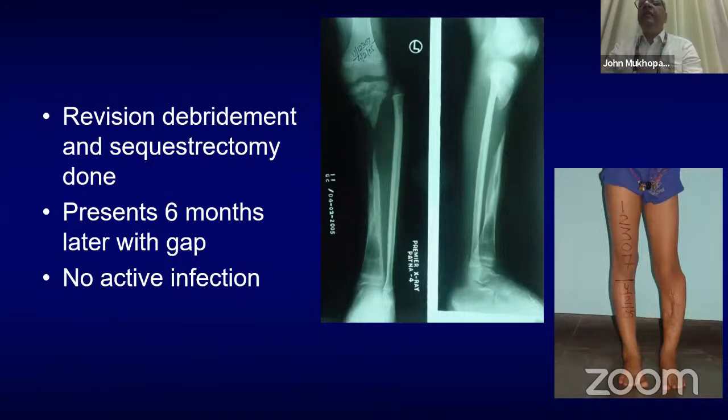This is 6 months later, and she has this problem. She has a gap. Now the infection is controlled and we have to deal with this problem. I think the fibular graft is something we used a lot in these children, with success in some of them and failures in some of them. We felt that locking plates had just about come into the reckoning, and if we combined the stability of a locking plate with the fibular graft, it would help us get healing more easily. So that's what we did.